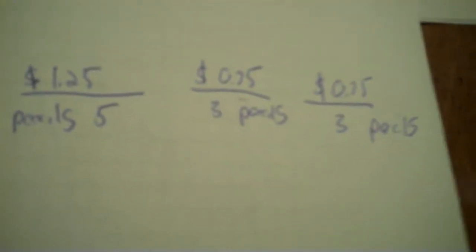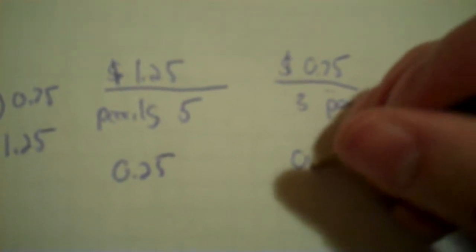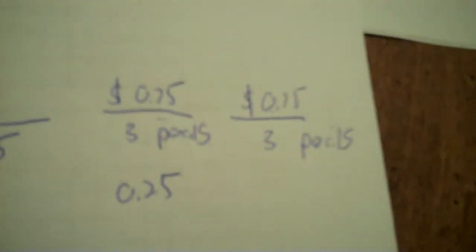Okay, now divide all those. Well, these are going to be the same, obviously. So $1.25 divided by 5 is 0.25. Okay. 75 cents divided by 3 is 0.25. And then that's going to be 0.25. So it's constant. Okay. So the constant rate is 25 cents